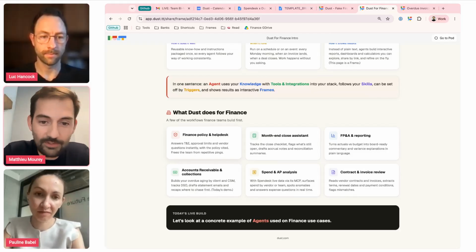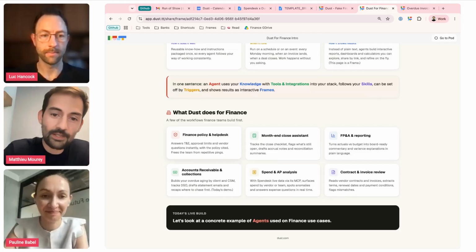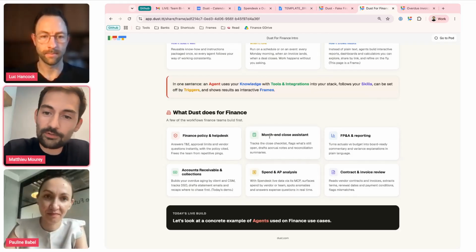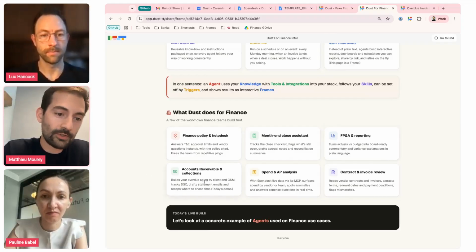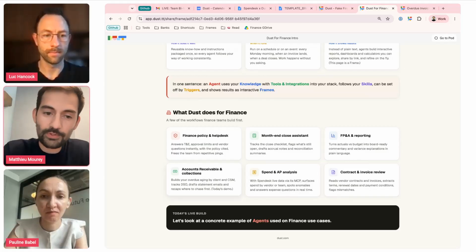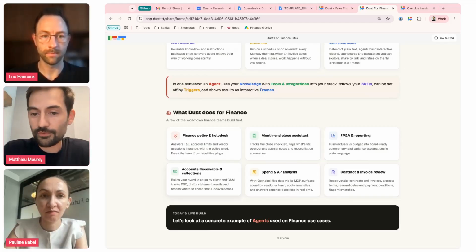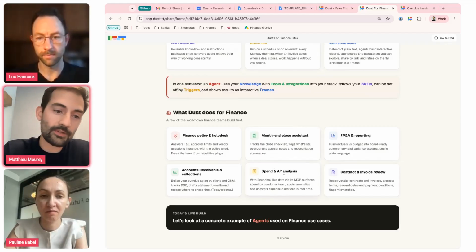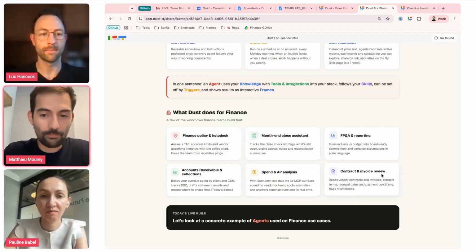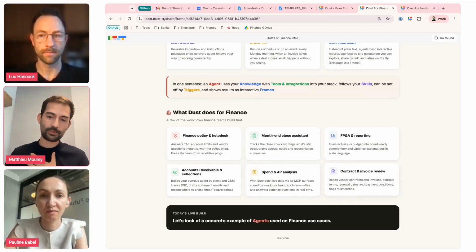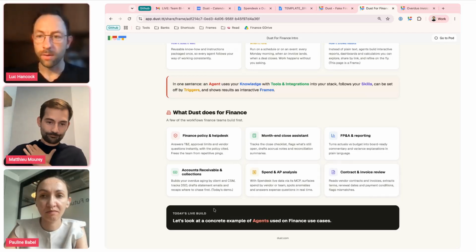We all live this in finance. And of course, the month end close, FP&A reporting, accounts receivable and collection, that's one of the use cases I will show you just after. Spend and AP analysis, that's what Pauline will showcase, and some of the stuff like contract reviewing and all. So, cool.